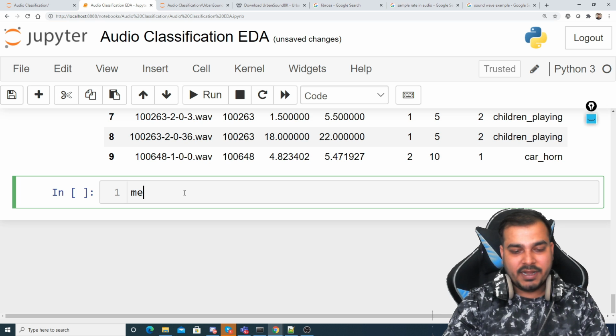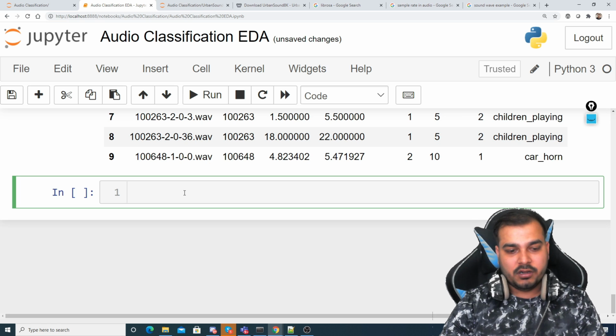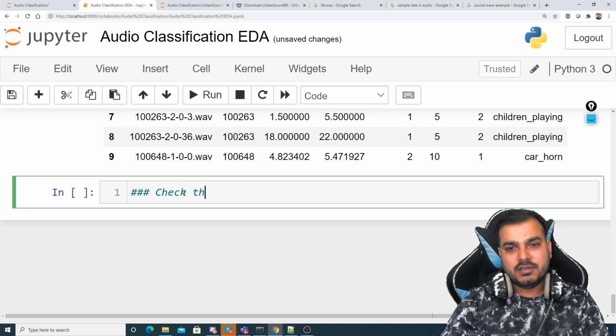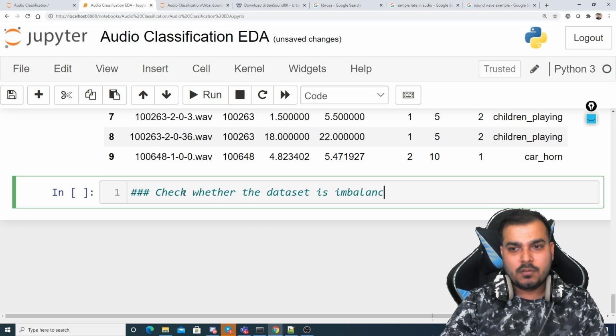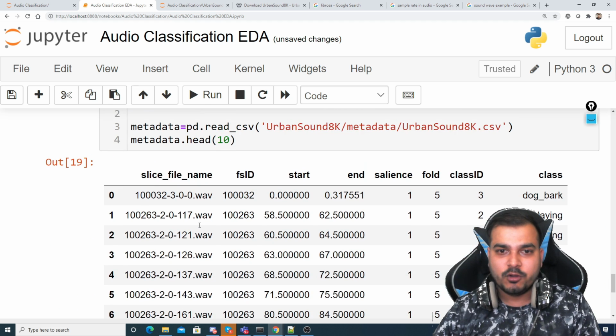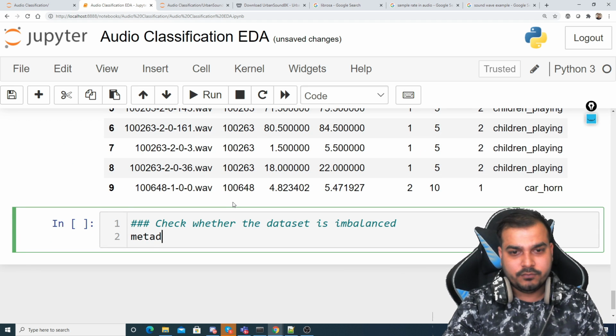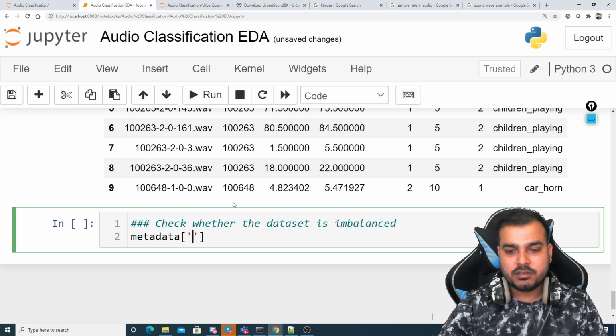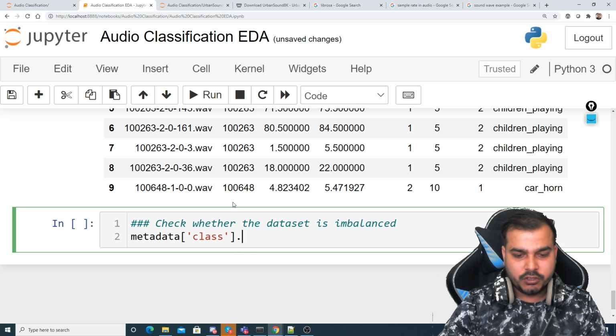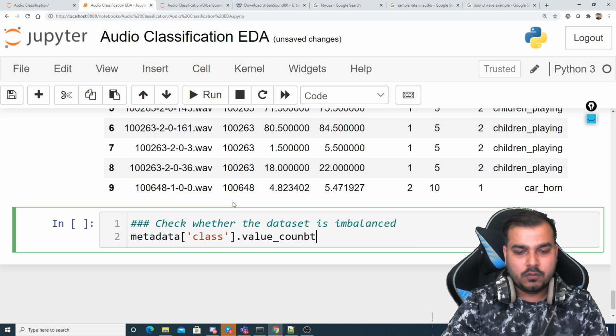So I'll write a check to see whether the data set is imbalanced. I'm just going to use metadata, and here I'm going to use the class, and probably use value_counts.